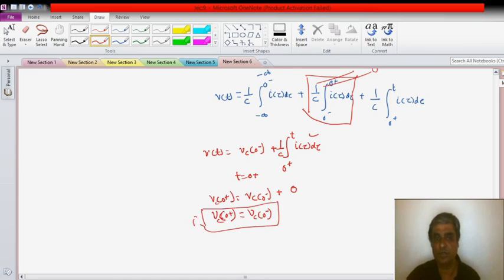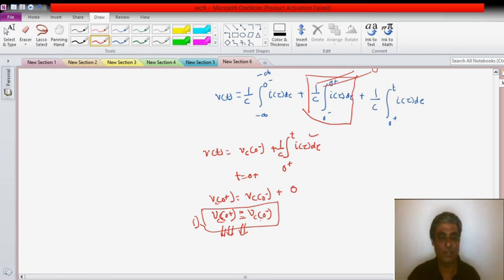So what is the conclusion we can make here? That if I do the switching, whatever the behavior before switching, it will be the same after switching. So there will be a continuous nature before and after switching. There will not be a sudden jump or sudden change, right? So it satisfies the law of conservation of charge. It means that there will not be a sudden change in the charge, so there will not be a sudden change in the voltage. Fine. So this is what we can conclude from it.